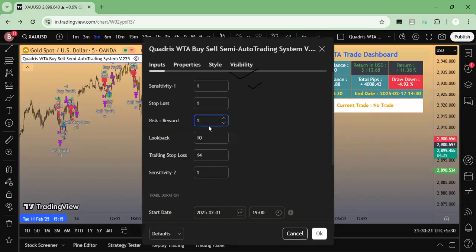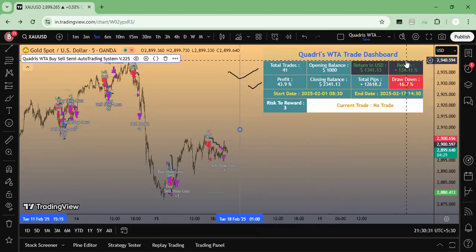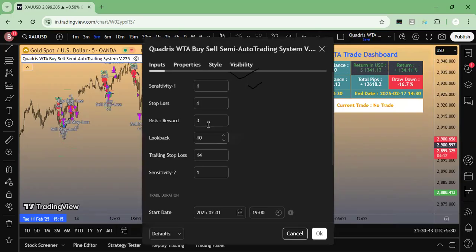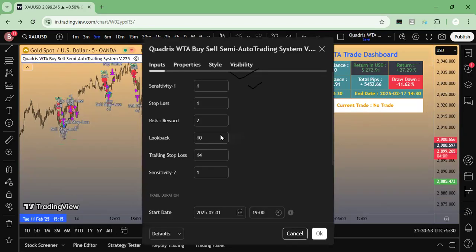But what I rather love to see is, if I balance with 1 is to 3, I can manage this risk to reward, this profit percentile, with return on investment, with less than 20% of my drawdown. Now I'm again making 134% with the 41 trades. And even if I drop down to risk to reward 1 is to 2, it would be the same. Now, many people come up to me and say if we make 1 is to 1.5,